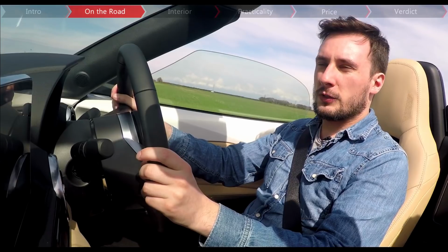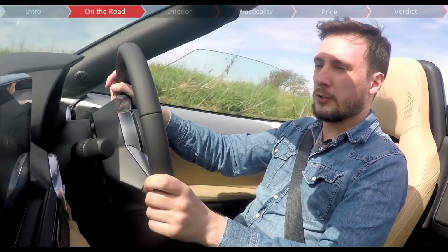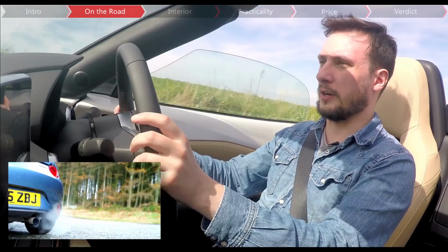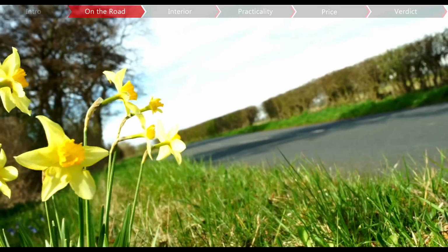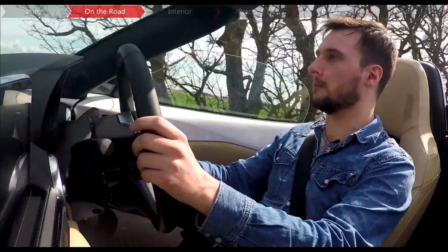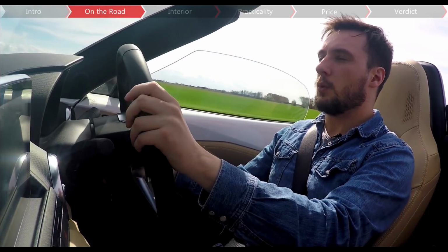You'll probably know that the 4th generation MX-5 comes with a choice of two naturally aspirated inline-4 petrol engines, a 1.5 and the larger 2-litre, which we've already tested and which you can view if you click on the links on screen now. This time around we've got the 1.5, which is the smaller and the less powerful of the two, with just 129 brake horsepower compared to the 158 brake horsepower 2-litre. Although the larger engine is faster and dangerously close at just 850 pounds more, for enthusiasts the 1.5 might be